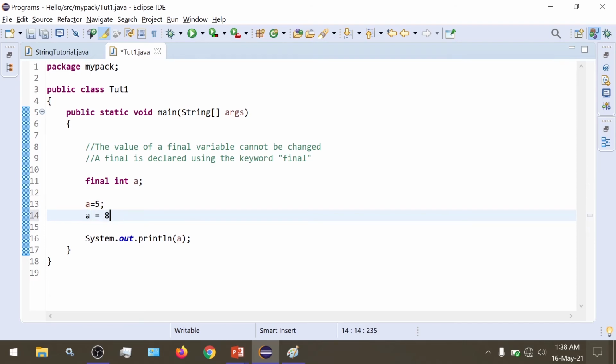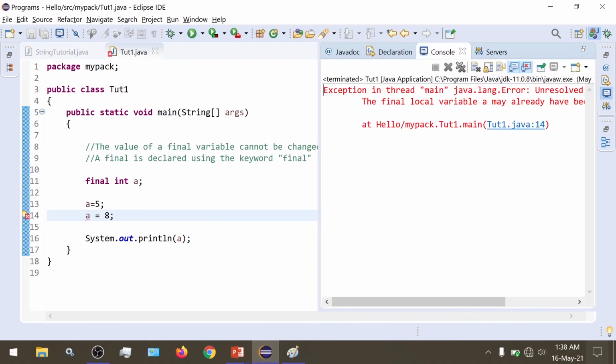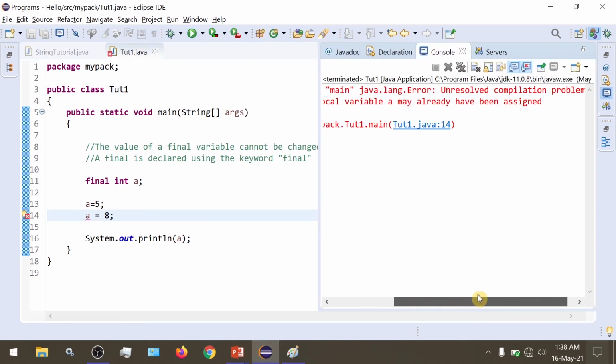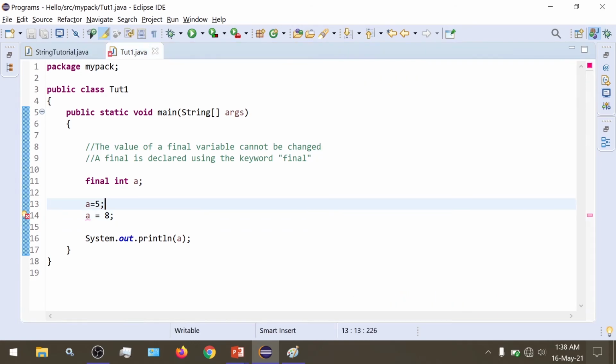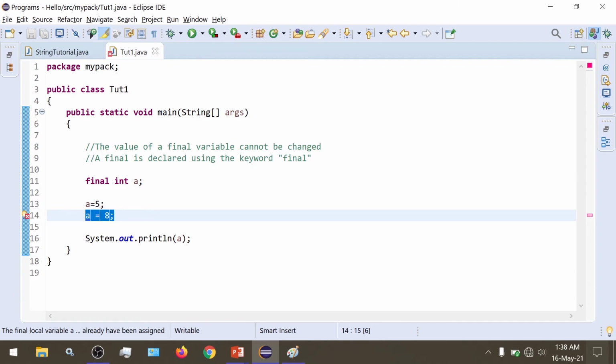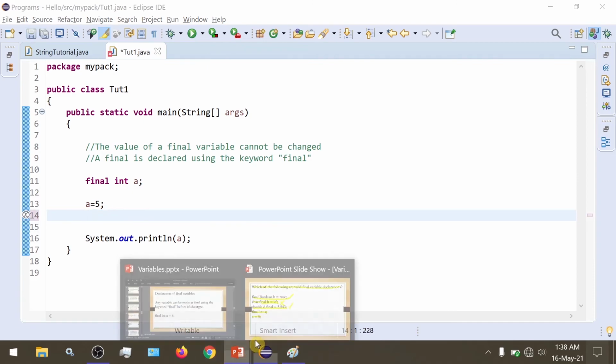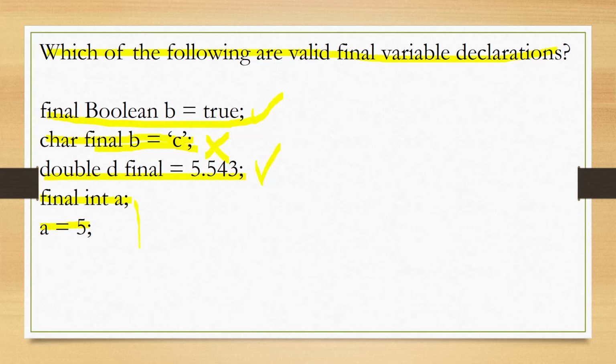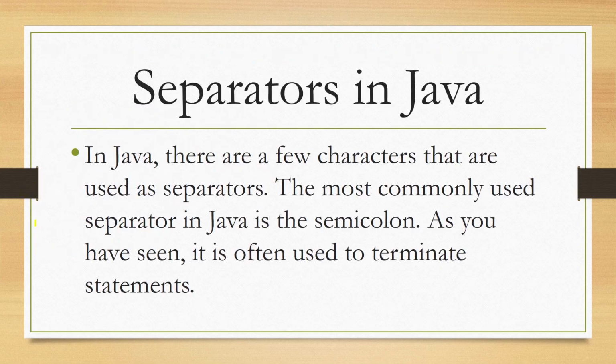Now if I try to do this again, it would result in an error because the local variable a may have been already assigned. So here a is already assigned, so the change of value isn't permitted. This is also correct, but it is not recommended to use this style of declaration as it creates unnecessary confusion. So try to avoid using this.